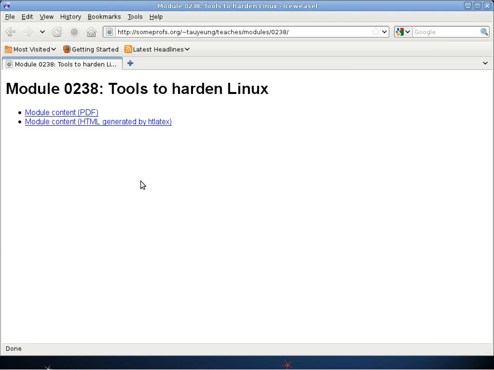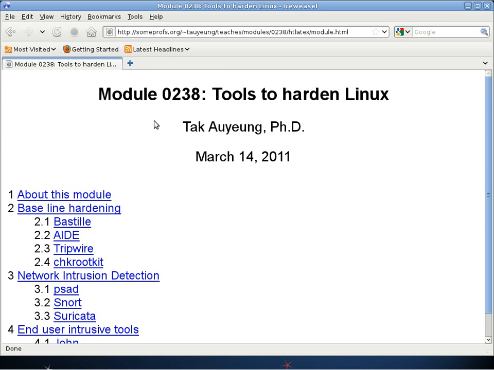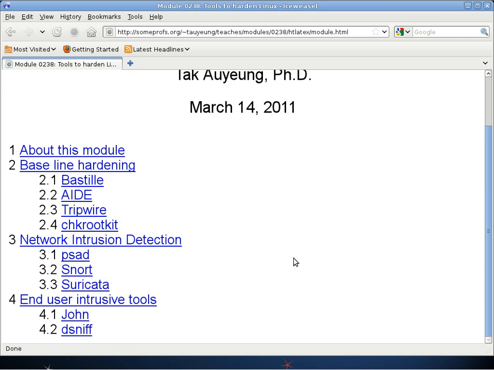This is a summary of a lot of different tools, and I have a little brief summary for each one. And we can go ahead and install and play with some of these. Not all of these will work inside a virtual machine, which I have tested already. Some of these will work just fine, and some of these will not work in the virtual machine because of version differences. Okay, so the first topic has to do with baseline hardening, which is basically all the simple tools